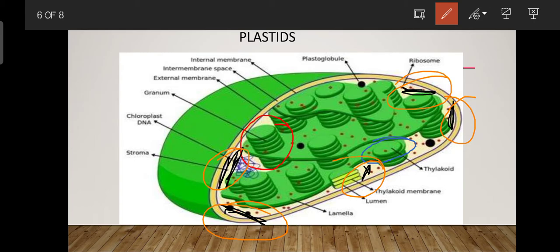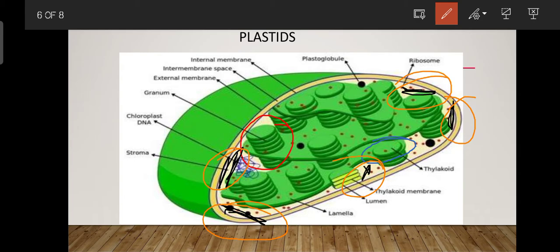So I have told you about the chromoplast, which gives color to the flowers and fruits, and leucoplast, which is a colorless plastid, and chloroplast contains chlorophyll. And about chloroplast I have told you. Now come to the leucoplast. Leucoplast are the organelles in which materials such as starch, oils and protein granules are stored. Means leucoplast is for storage. It is colorless plastids and it stores these materials.